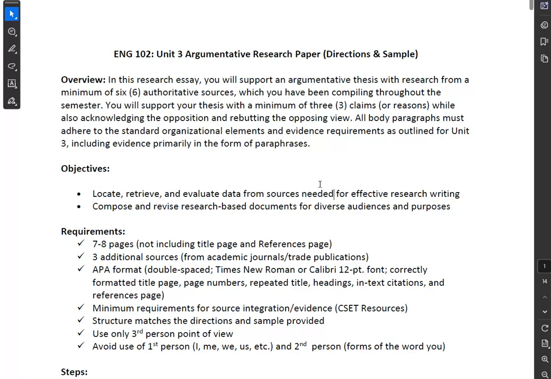Do not give me 6 full pages and a line. 7 full pages, which means if you start on page 1 with your title page, your development should start on page 2, which means 2, 3, 4, 5, 6, 7, 8. If your references page starts on page 10 or later, you're in fantastic shape. If it starts on page 8 or page 9, okay? Please, for the love of God, make sure it's 7 full pages. This is where most people lose their points. Make sure you format it correctly.